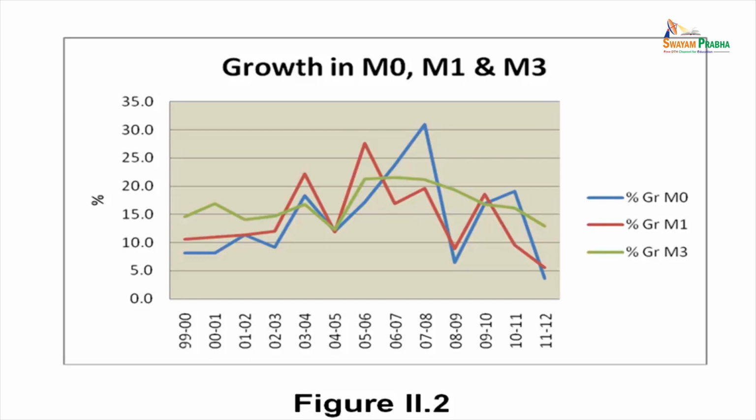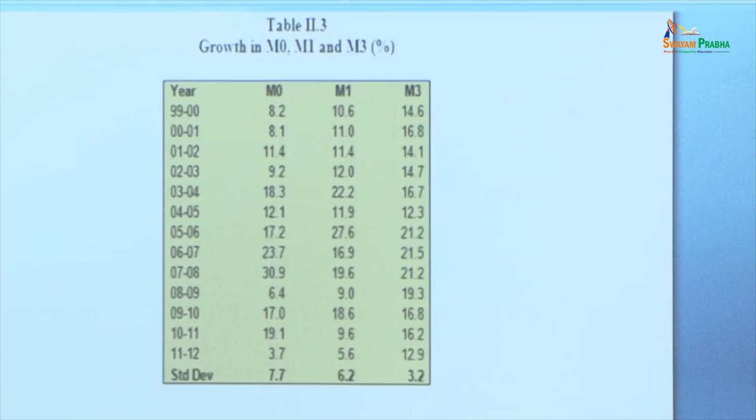Now let me see, M0 का standard deviation है 7.7, M1 का स्टैंडर्ड डेविएशन है 6.2 और M3 का स्टैंडर्ड डेविएशन हाफ है 3.2। होगा ही, much stable curve M3. Exponential growth, exponentially going up, but the growth across years over years is much more stable. स्टैंडर्ड डेविएशन बहुत कम है 3.2, और मॉनेटरी बेस में डबल से ज़्यादा है। M1 में भी काफ़ी है, नियरली डबल, ठीक है, 6.4 होते थे, 6.2 है।